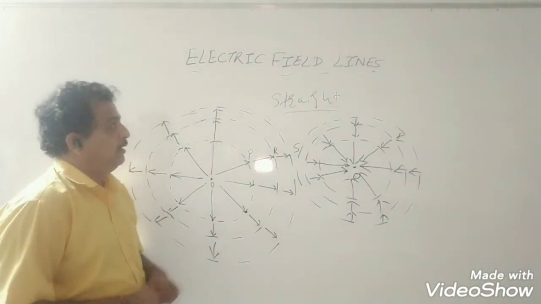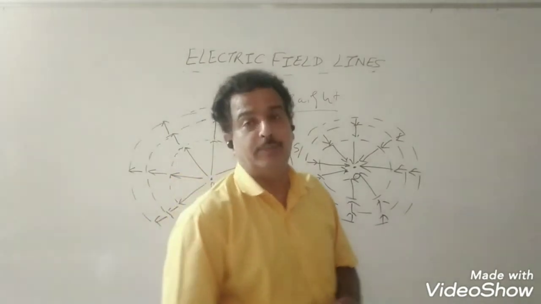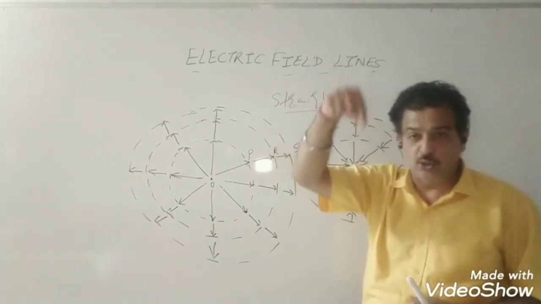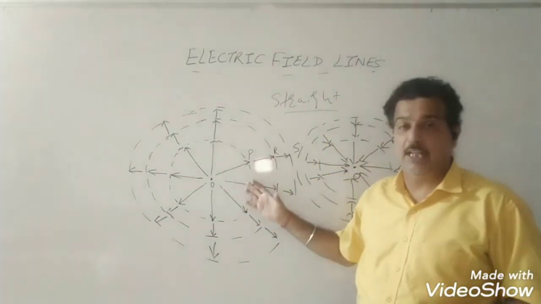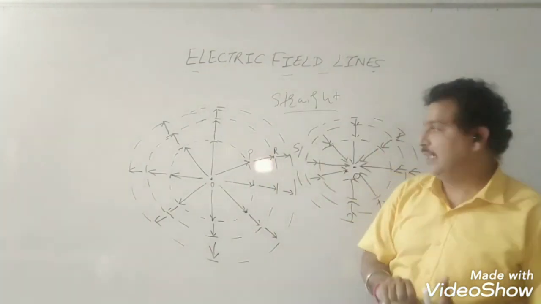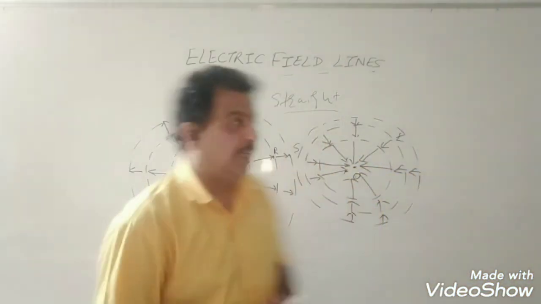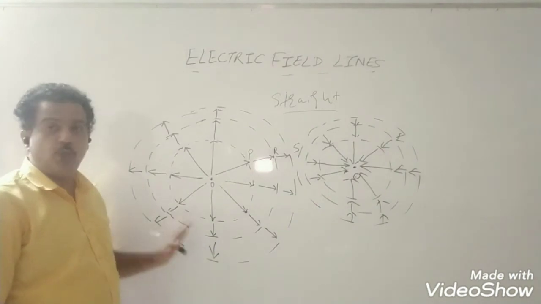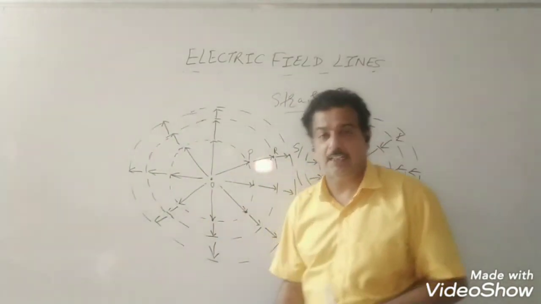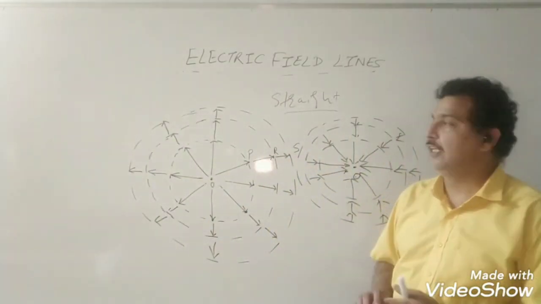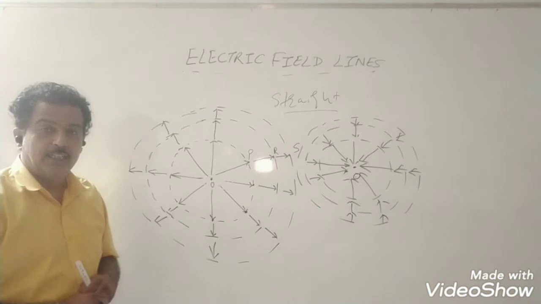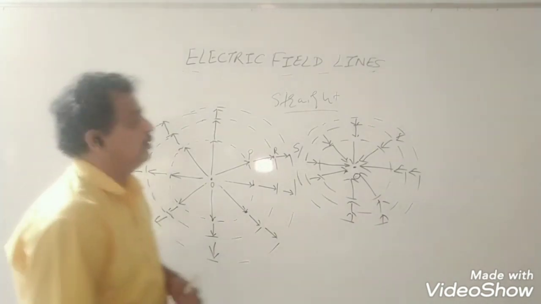So for the time being, electric field lines are an imaginary concept given by Faraday. Such field lines do not exist. If I have a positive source charge here, no such arrows come out of it. This is only to explain to you through pictures and diagrams whether the intensity is more or less. So it is a pictorial representation, purely an imaginary concept. Field lines are an imaginary concept. Electric field is a reality. Field lines are not reality, and a field line is a path followed by a test charge if it is allowed to move freely. So this is what we have for today's lecture.